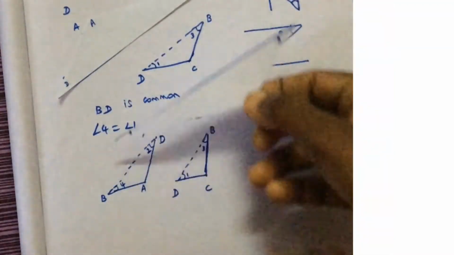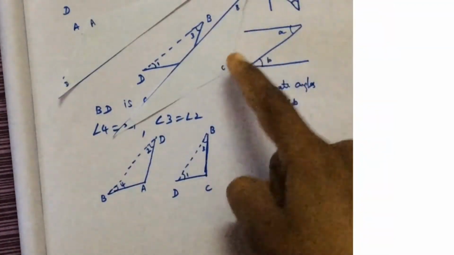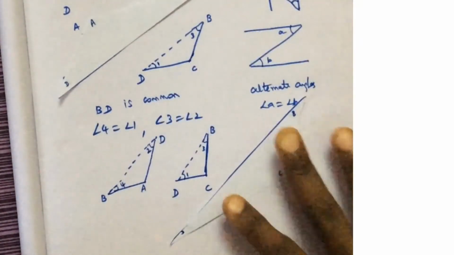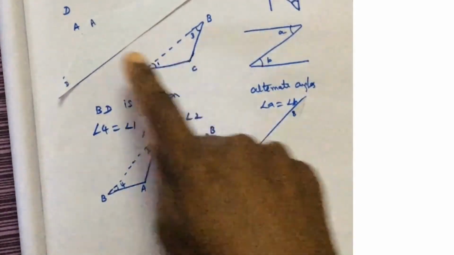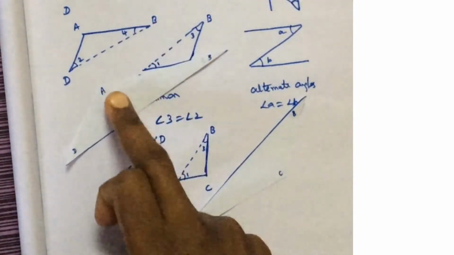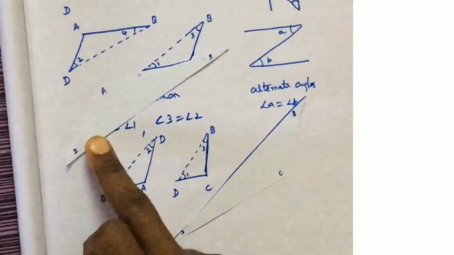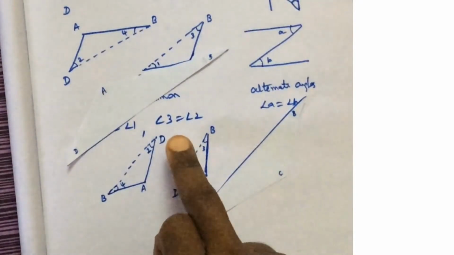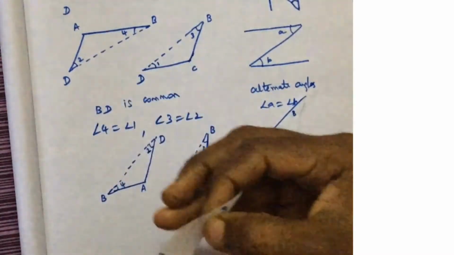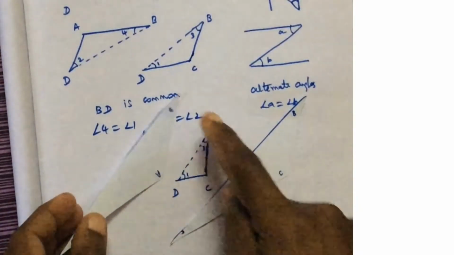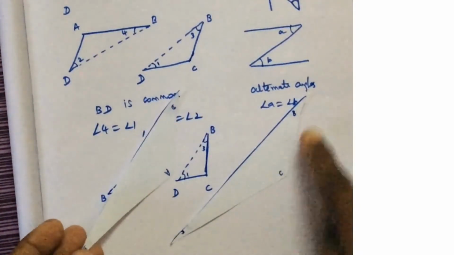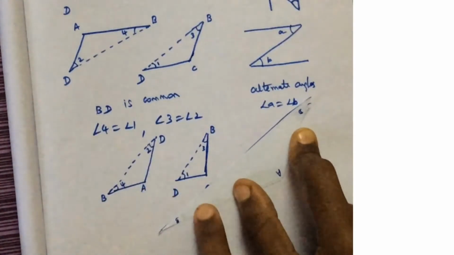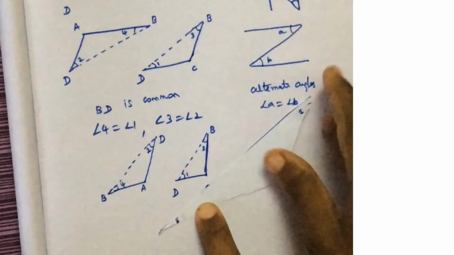Now I am going to keep this triangle BCD as it is, which is B, C and D. This triangle which is ABD, I am going to change such that A will come this side and D will go to the top. So I should flip like this and bring like this. So this is DAB and this is BCD. If you match like this, the two triangles will exactly match on each other. So I can say these two triangles are congruent.